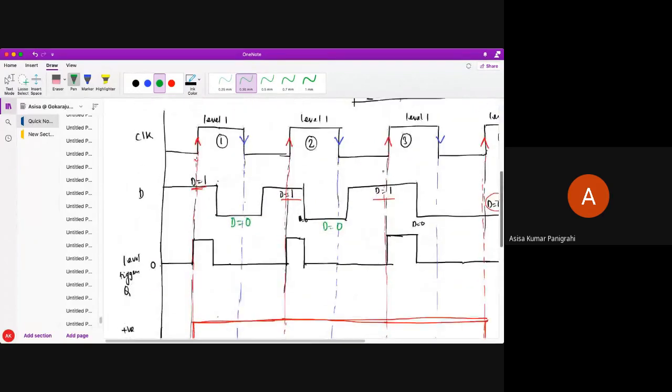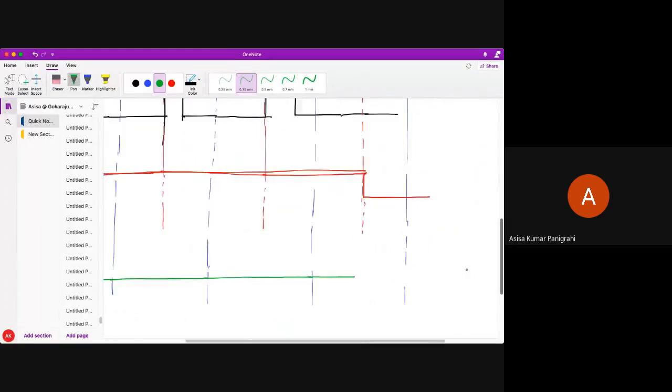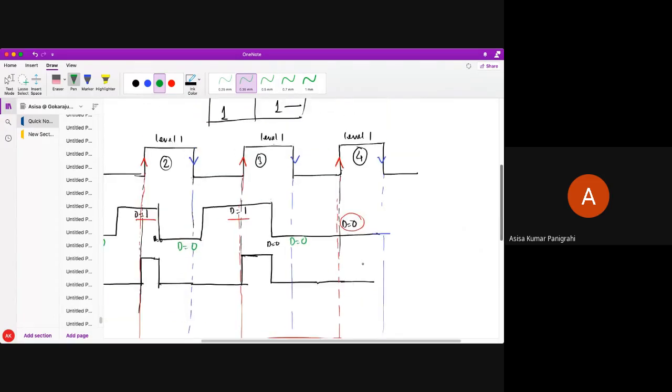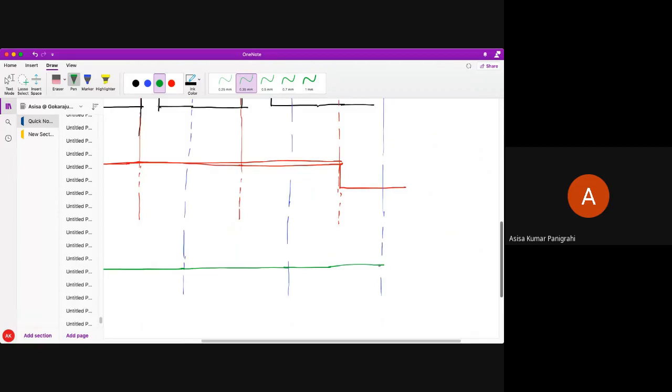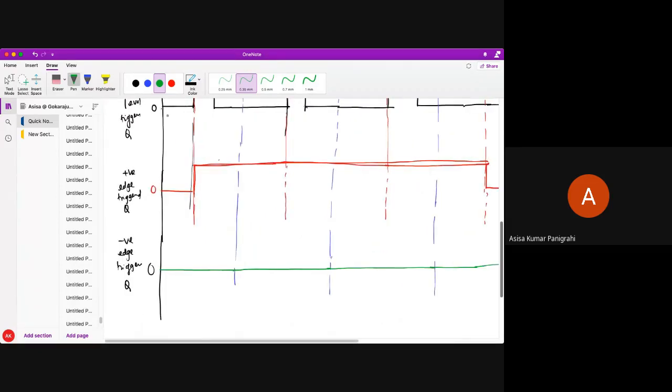At this next negative edge, it will check what is my D. Again D is 0 only. D is 0 means it is going to take 0 only to the next negative edge. Now it will check here, D equal to 0 only. If D equal to 0, it will go to the next negative edge with 0 only. All these are 0. Are you understanding, students, or any doubt?